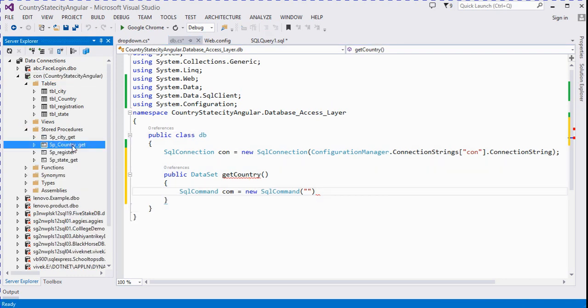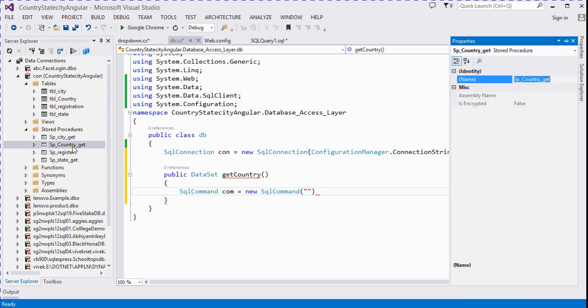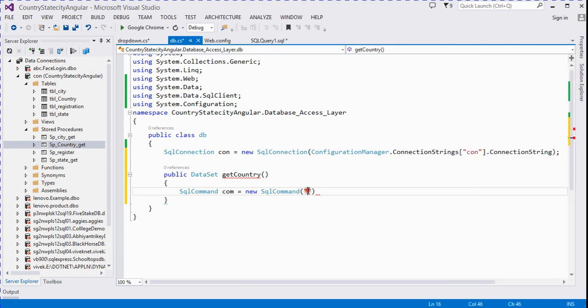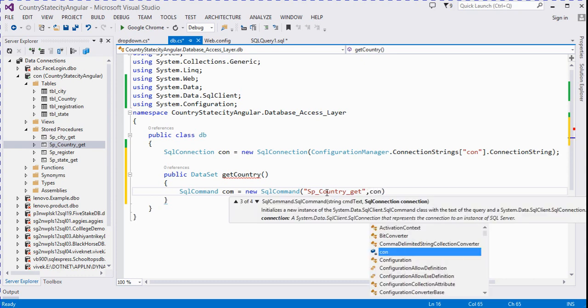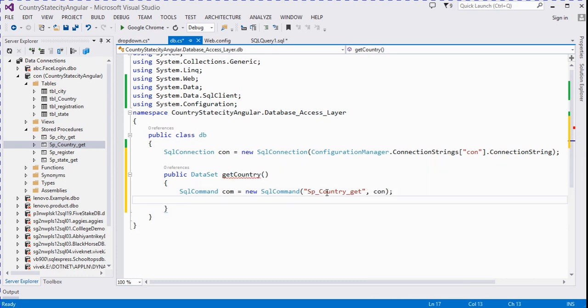This procedure name is country get. So write the procedure name here, and we pass the connection string. Set the command type to CommandType.StoredProcedure,